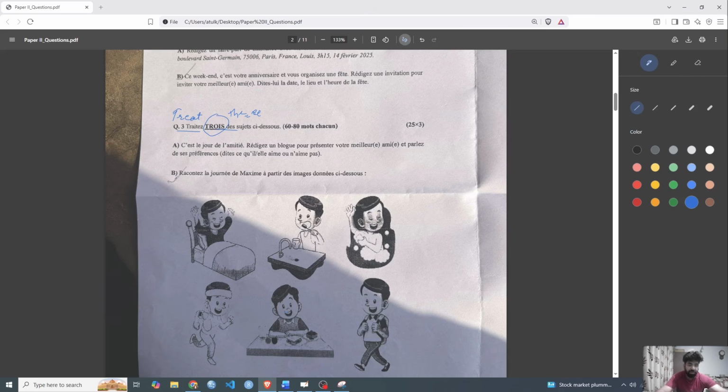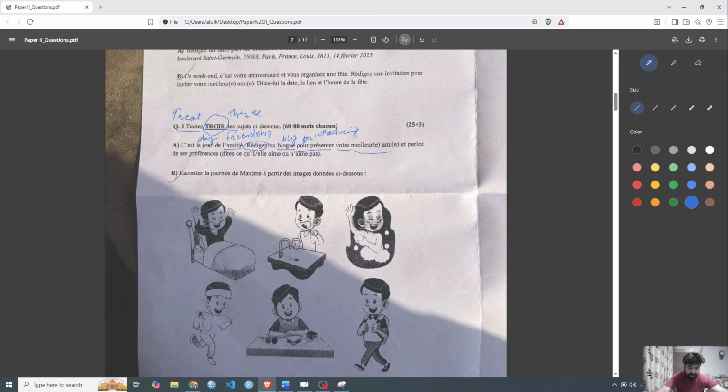Okay, so let's read this. It says, "C'est la jour." Jour is basically day. So this is the day, or it is the day. So it's la amitié. Basically, amitié is friendship. Okay, so they are saying actually about the friendship day. So it must be, it is the friendship day. And this I told you above twice also. It is to write a blog, basically a blog for presenting, introducing